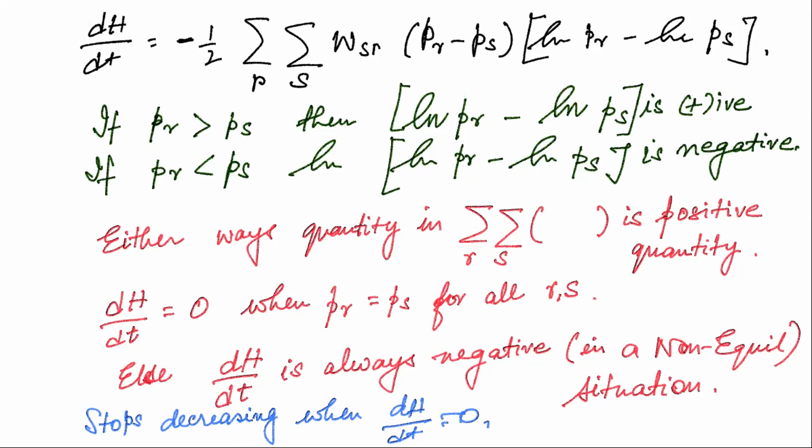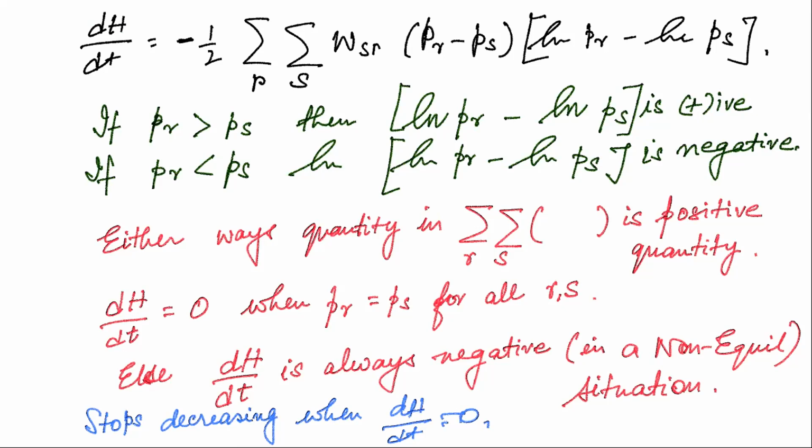Hence, only when the probabilities of all the microstates of an isolated system, this was defined for an isolated system, become equal, this quantity will keep on decreasing till it has reached its minimum value, and it will reach its minimum value when PR, the probabilities of occupation of all the microstates, are equal, and then it can't change anymore, the system cannot evolve anymore, and then you have got equilibrium,